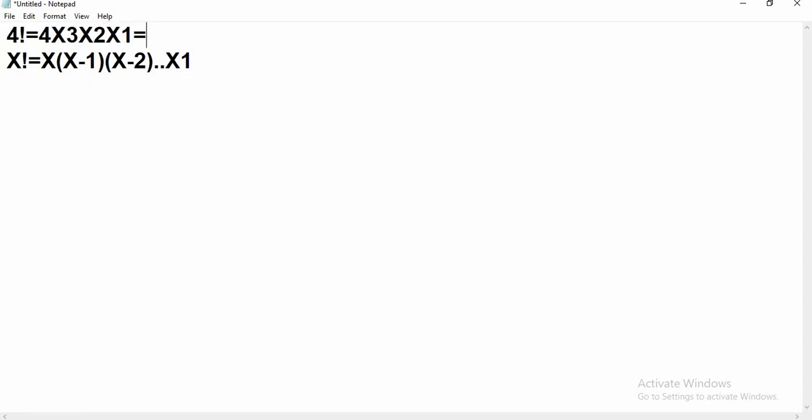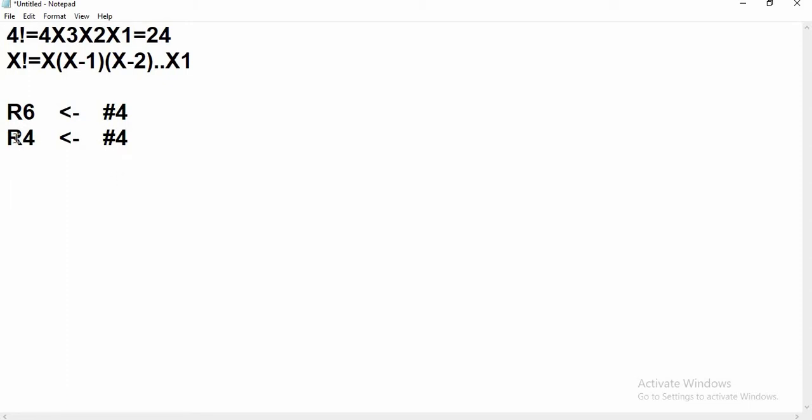Its answer is 24. I will take the value of 4 in register R6 for now. Since it is an immediate value, I will write it as #4. I am taking 4 in R6 for the time being. 4 may be anything, any positive integer x, and I will take 4 again in register R4. So this will be our first step.